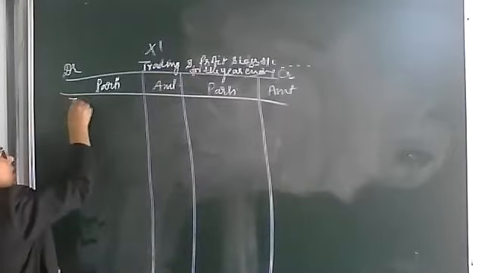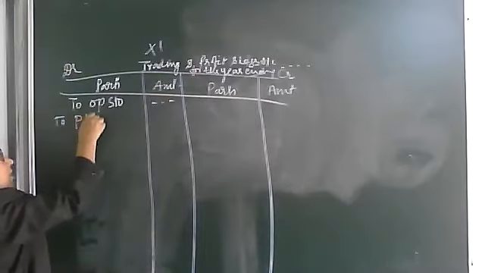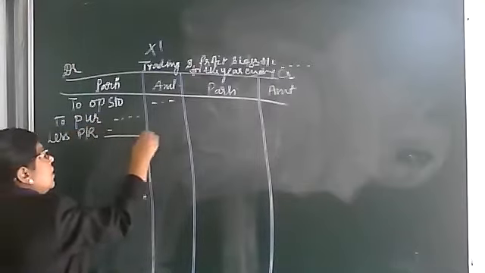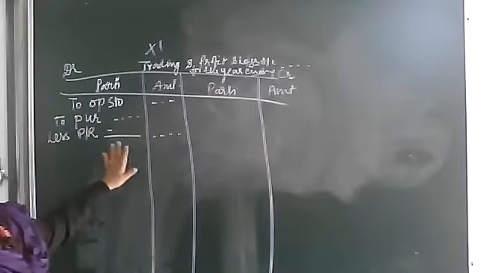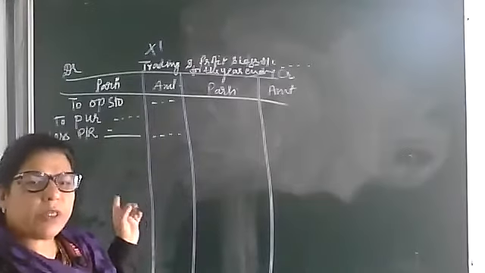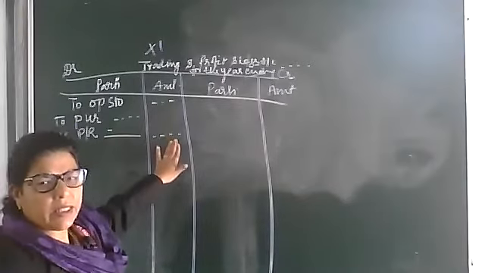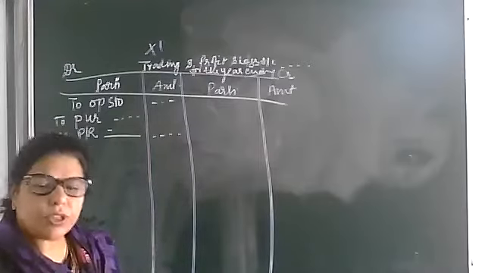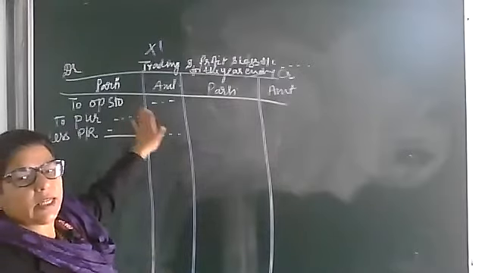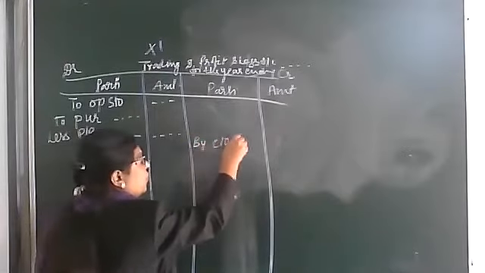So see, this is to opening stock, to purchase in the inner column, less purchase return, then the outer column. This is the way to write. Opening stock on the debit side, then to purchases, less purchase return. This you will do in the inner column, and the final figure you will bring out in the outer column. Get it? Now, if the opening stock is this side, we should write closing stock on this side. This is the easiest way.